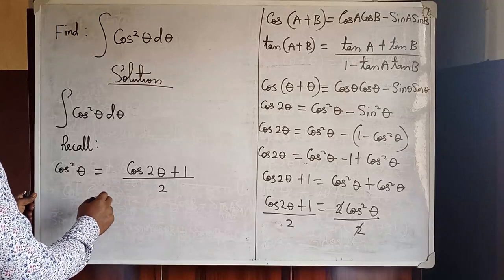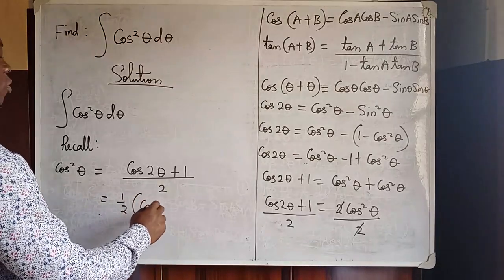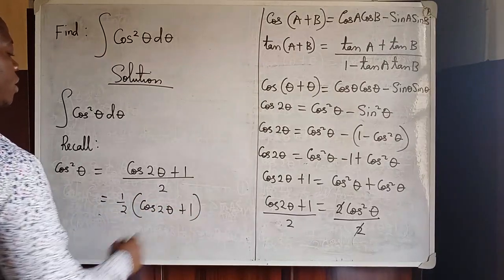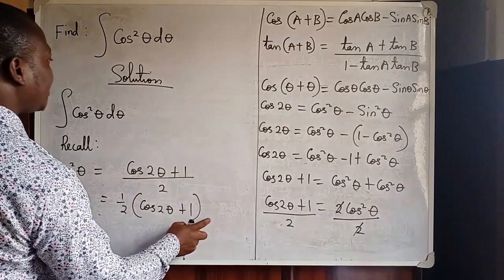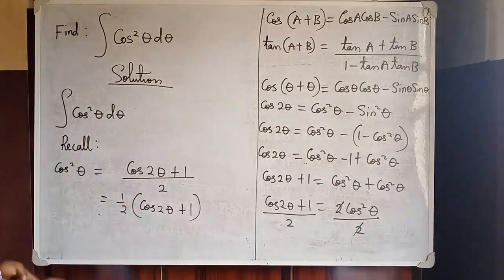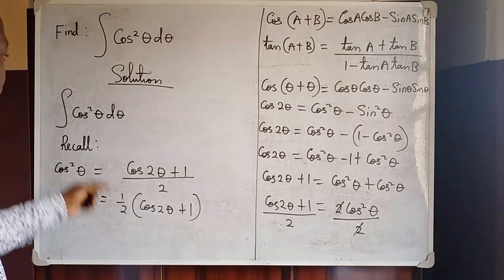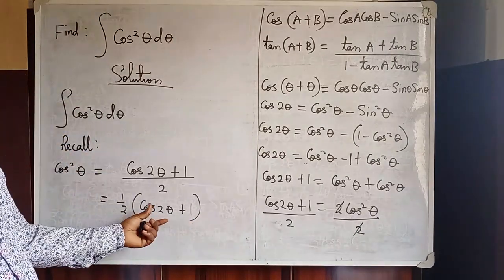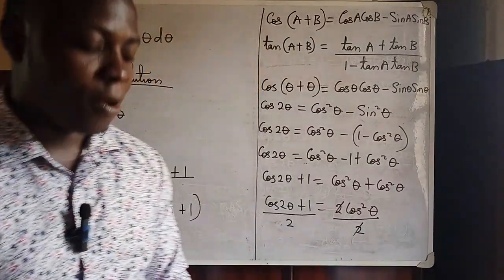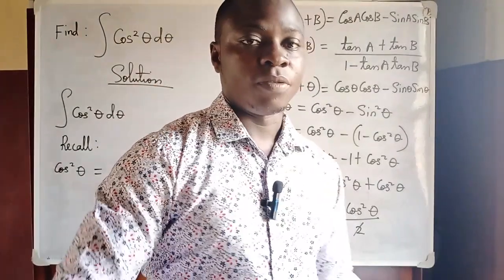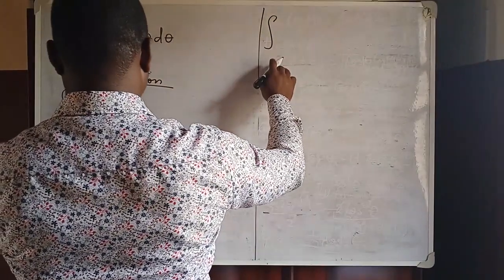Remember, this can be written as 1 over 2 into cos 2 theta plus 1. This and this are the same thing, so I can replace this with this. You see that in this new equation, the cos here does not have a power. So we have been able to clear that power so that our integration process will be very simple for us. All right, we're going to have the integral of